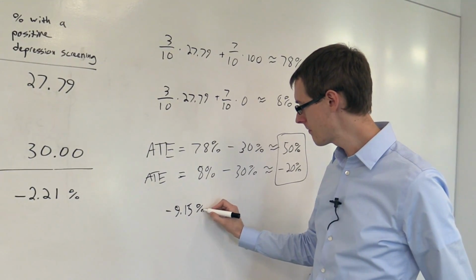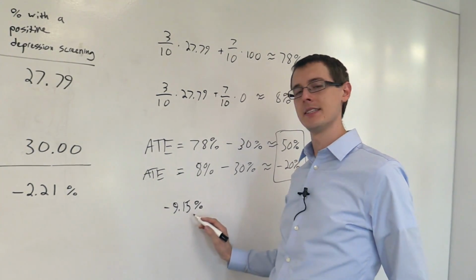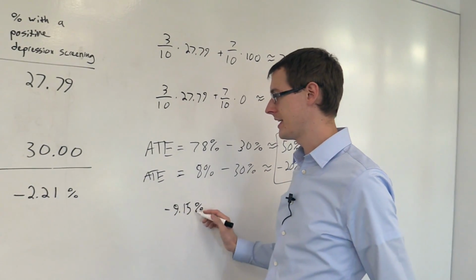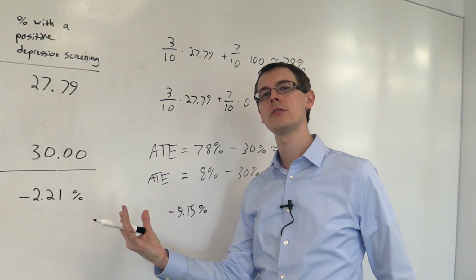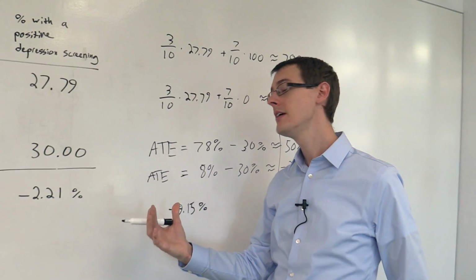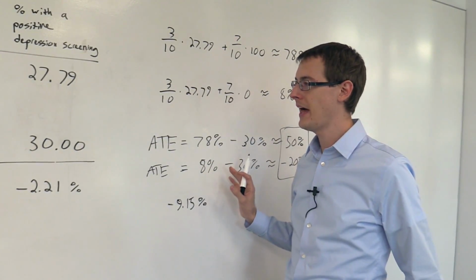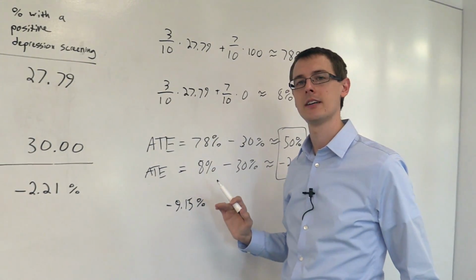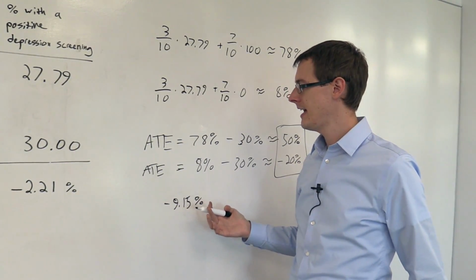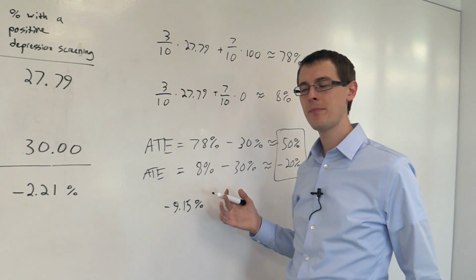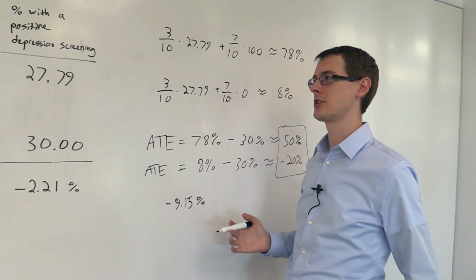Later on, we'll talk about why this number is not necessarily what you want either, because it's actually not the average treatment effect. It's the average treatment effect for just a small set of people, not for everybody. So unfortunately, there's no perfect answer, but that's just what happens when you have things like noncompliance in the data. These problems arise in data analysis, and there's various ways of dealing with them. And this is the kind of thing you'll see when you go and look at the research and look at the literature.